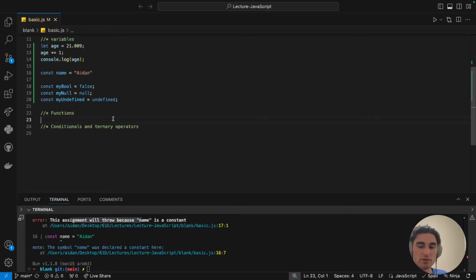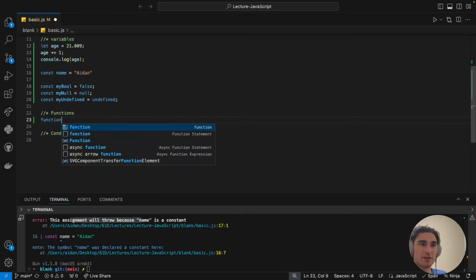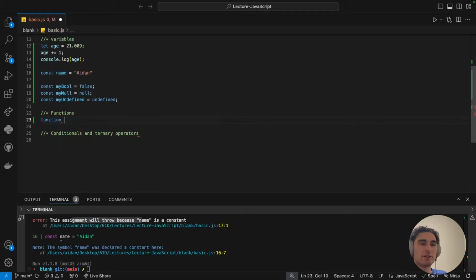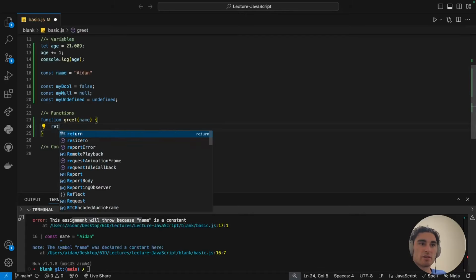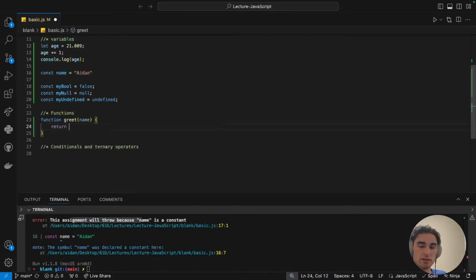Now we can move on to basic function declaration. The keyword to know for this is simply function. I can make a function, for example, to greet somebody. I can have it take in some argument. So in this case, it's going to be the name of the person we're going to greet, curly brackets, and then I should typically return something. So I can say return hello